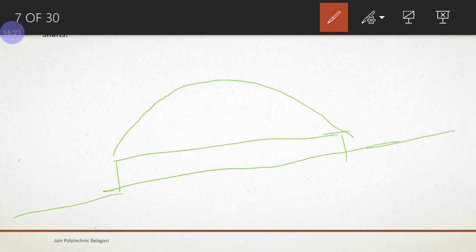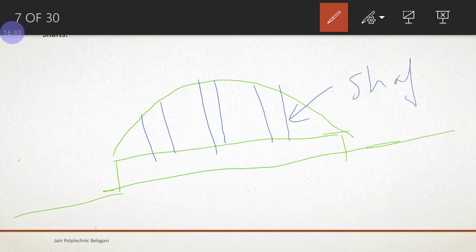During the tunneling works, you have to excavate the soil. Once you excavate, you have to take out that soil. For that purpose, we have to provide some openings up on the hill like this. Vertical or inclined openings are to be provided. These openings are nothing but shafts. It is a hollow opening like this in circular shape.